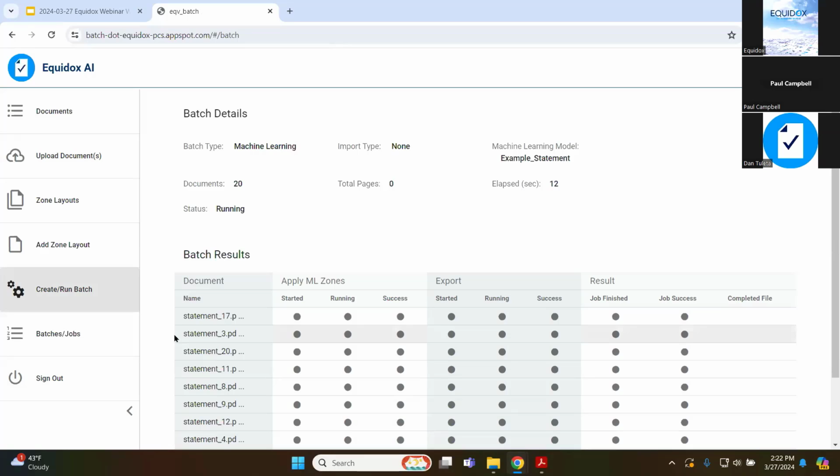Now, these statements are all relatively similar to each other, but they can have quite a few variances. So just think about what your credit card bill might look like. You might have a credit card bill one month that has just a single page because you only used it a couple of times, you only have a couple of charges. Then you might have another month where maybe it's holiday shopping season and you have 200 charges on that credit card over the course of the month.